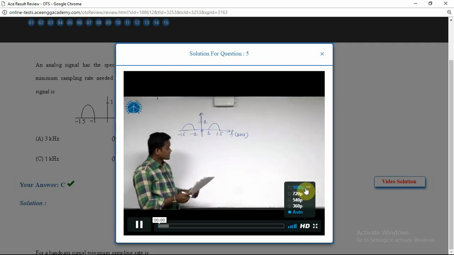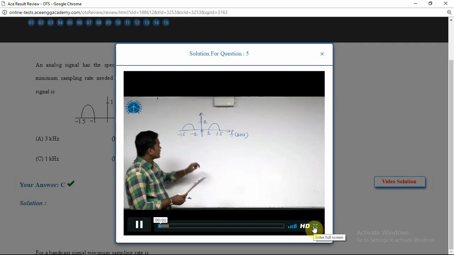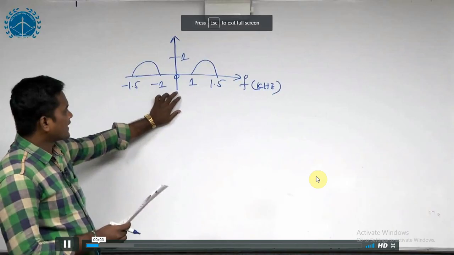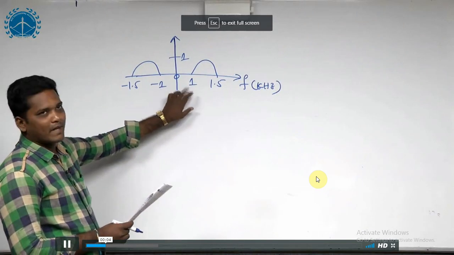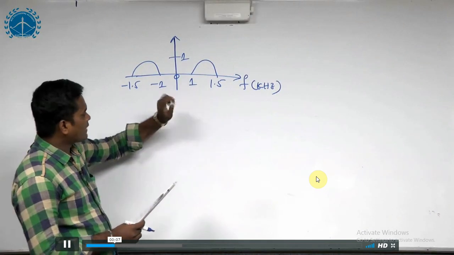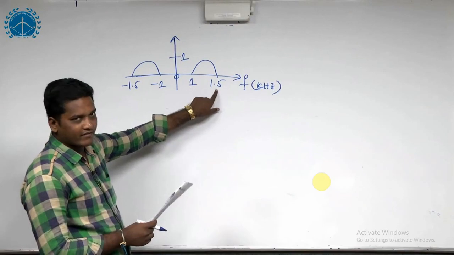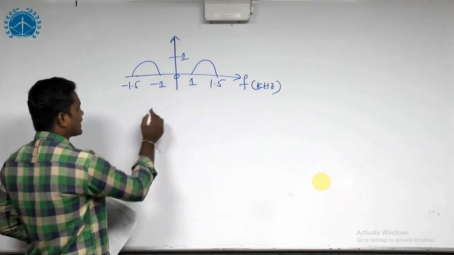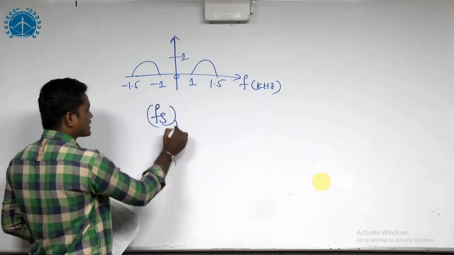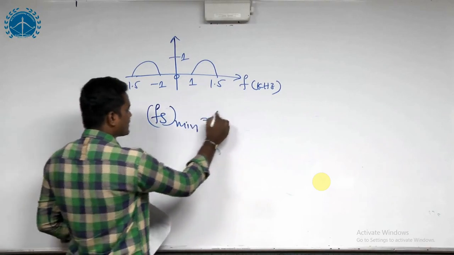The question is, what is the minimum sampling rate required to sample this bandpass signal? So it is a bandpass signal. This is lower frequency FL. This is higher frequency FH. So the minimum sampling rate required to sample this bandpass signal is Fs minimum equals